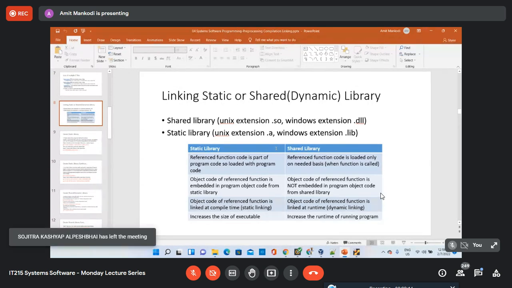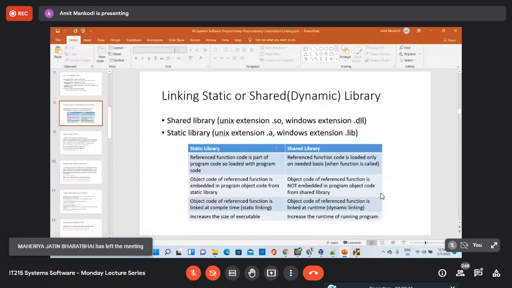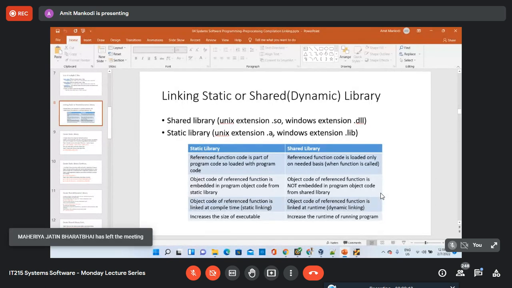When you create an executable from each of them using the static library file, each executable file will contain a copy of that add function code. So you are taking the code and replicating it in each executable file, and the executable file size will be increased.